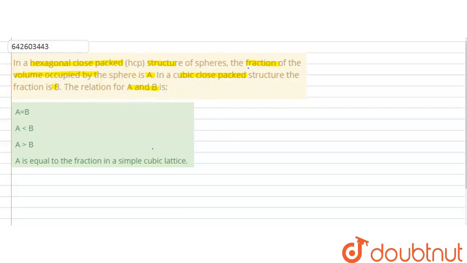So in this question, it is asked that in a HCP structure of spheres, the fraction of volume occupied by the sphere is A, and in cubic close packing, the fraction occupied by the spheres is B. So we have to find out the relation between these volume fractions. First we will calculate this for hexagonal close packed structure, and then for the cubic close packed structure, and then we will see the relation among them. So for hexagonal close packed structure,